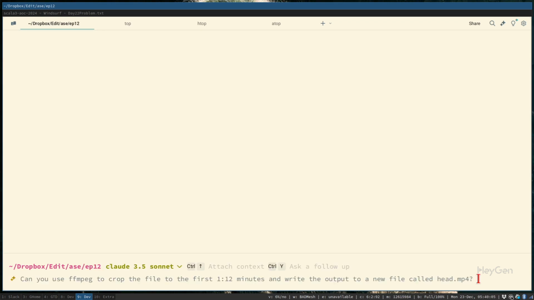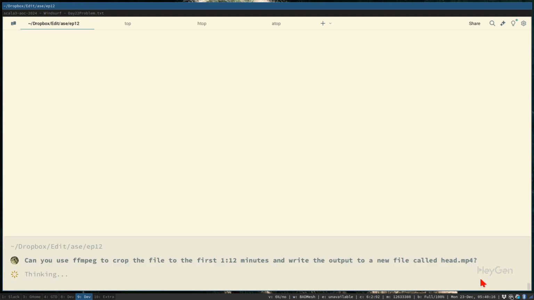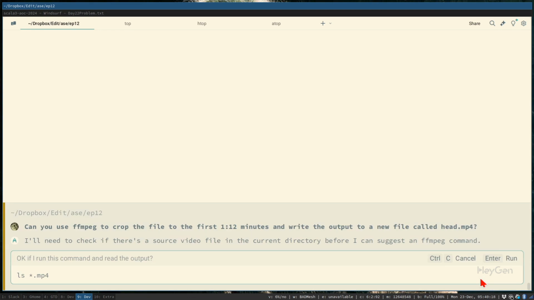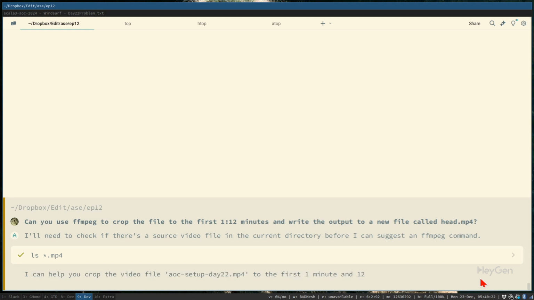For my batched command line video processing, I am using FFmpeg. No surprise there. But I have to admit that I am not very good at remembering all the flags and options, and that means that I always have to Google the right command. The task at hand is to cut and copy the first 72 seconds out of the raw material into a